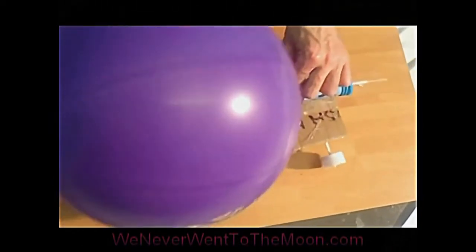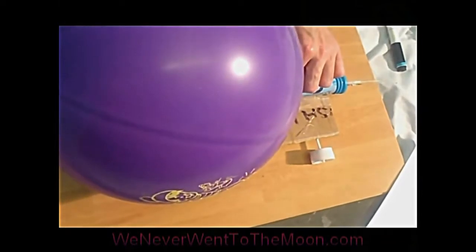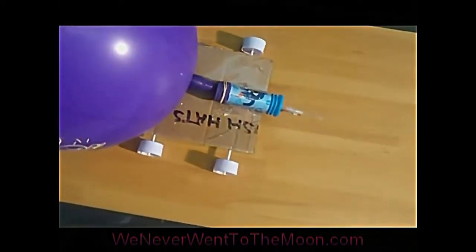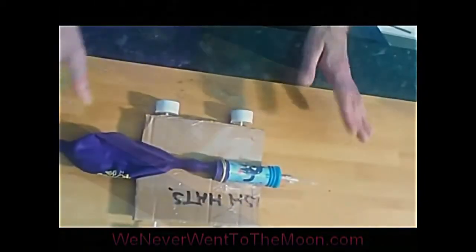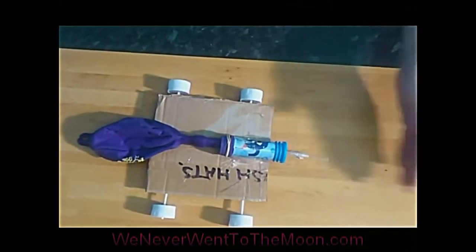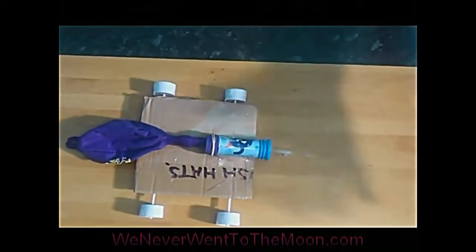There we go, and see how well it performs. See what it does. So we've blown up our balloon, and as you can see, it's going pretty well. What I'm saying basically is that the air just coming out of the straw acts on